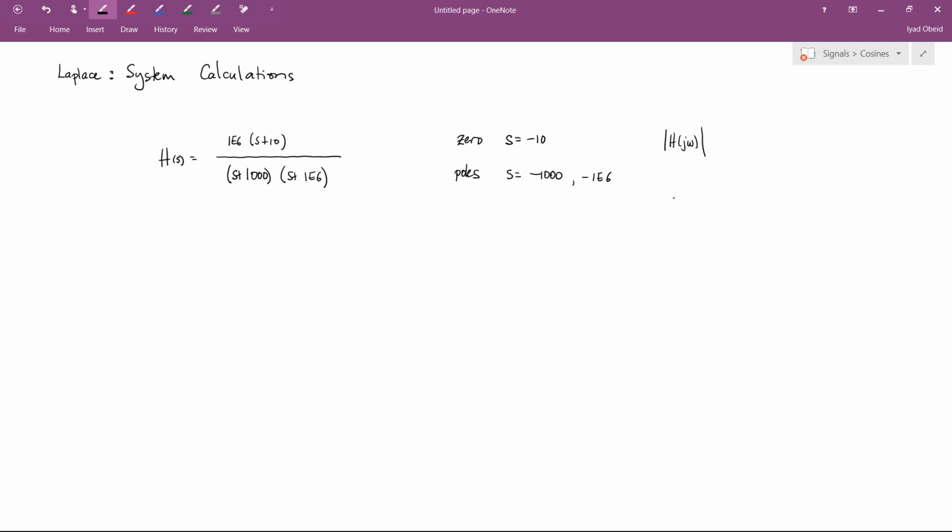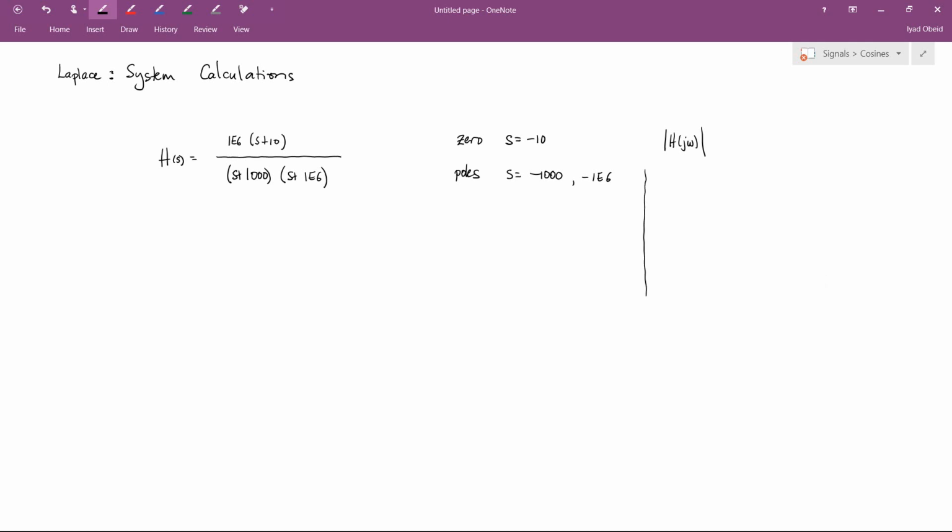And we've actually already talked about how to do a Bode plot, so we should have a pretty good idea of this. But just to remind you, we're going to start at a frequency of 0, and then we're going to increase our frequency bit by bit. And whenever we reach a zero, we're going to increase our slope by 20 decibels per decade. And whenever we reach a pole, we're going to decrease our slope by 20 decibels per decade. So for example,